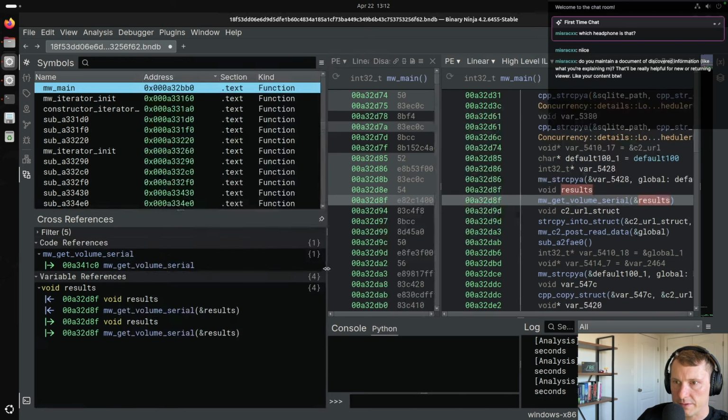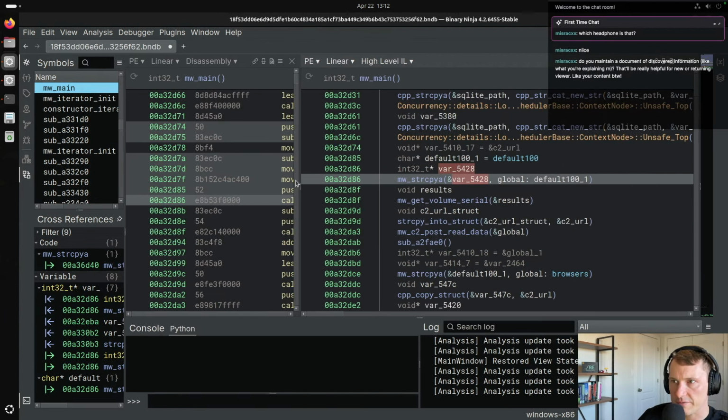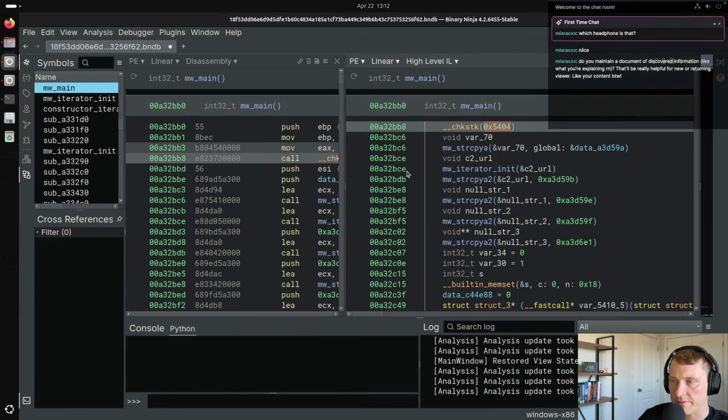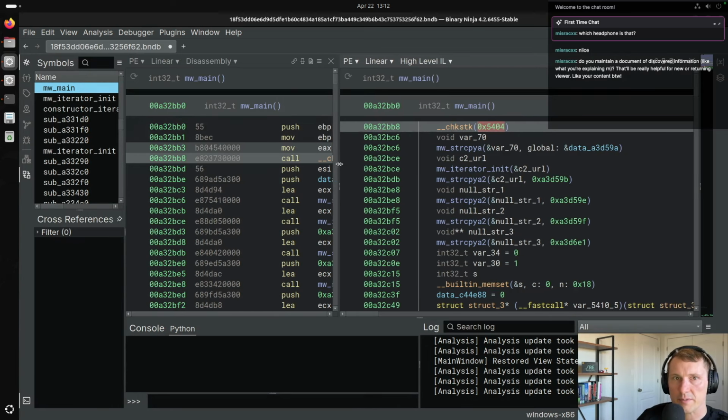So let's see where else this is used. Okay, so some of the arguments were messed up in this function. I think it might have something to do with this check stack that's created at the top of the function. We don't really have to worry about it too much, but some of the arguments might be a